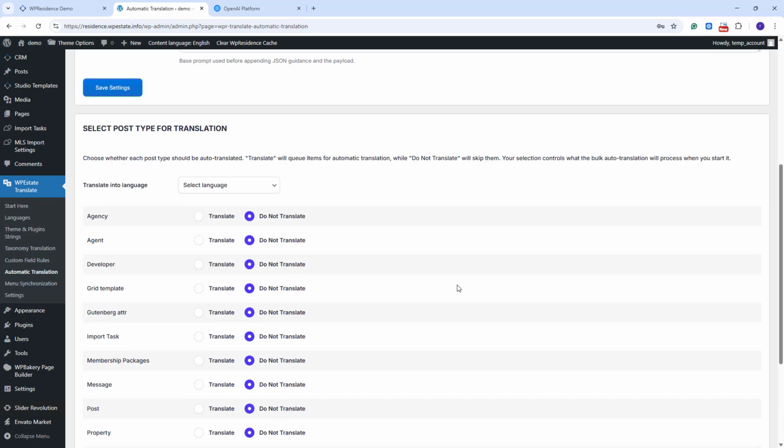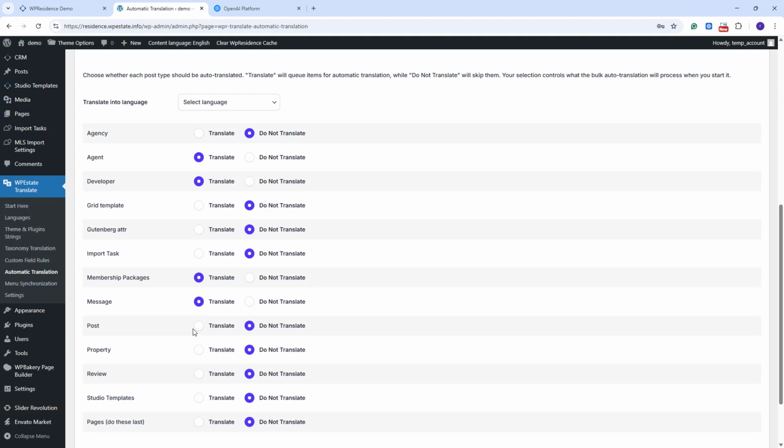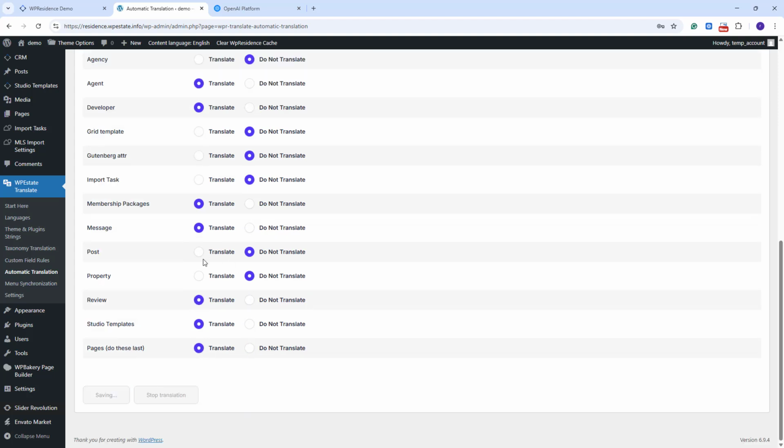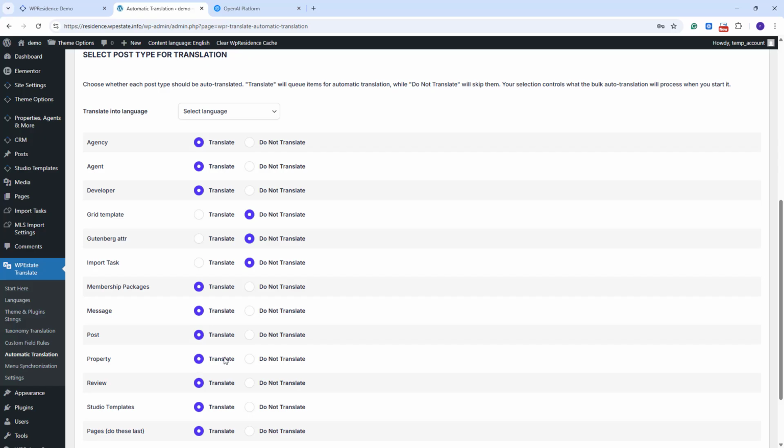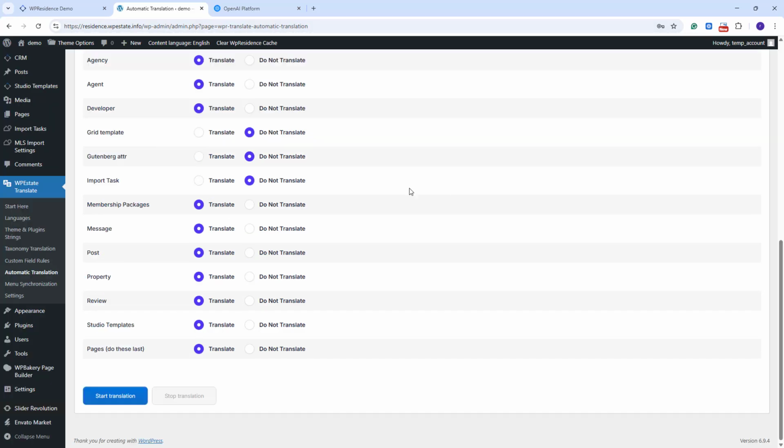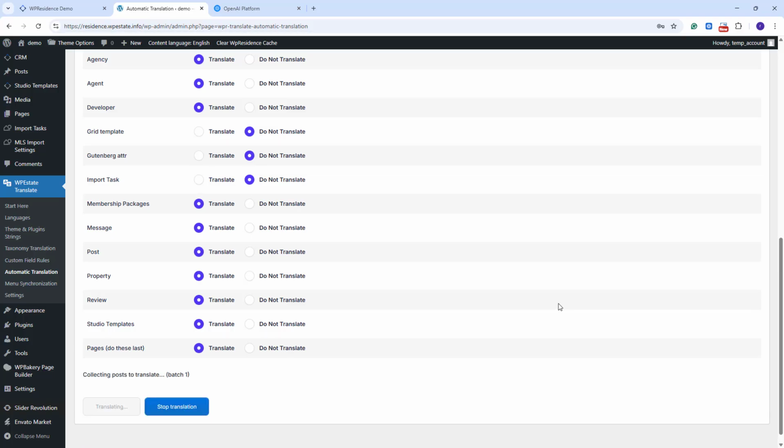You can include things like agents, developers, membership packages, messages, posts, reviews, studio templates, pages, properties, and others, or skip anything that does not need translation. This is especially useful when you want to avoid spending time and API calls on content types that are not important for visitors. After that, choose the target language for the current run, then click Start Translating, and the plugin